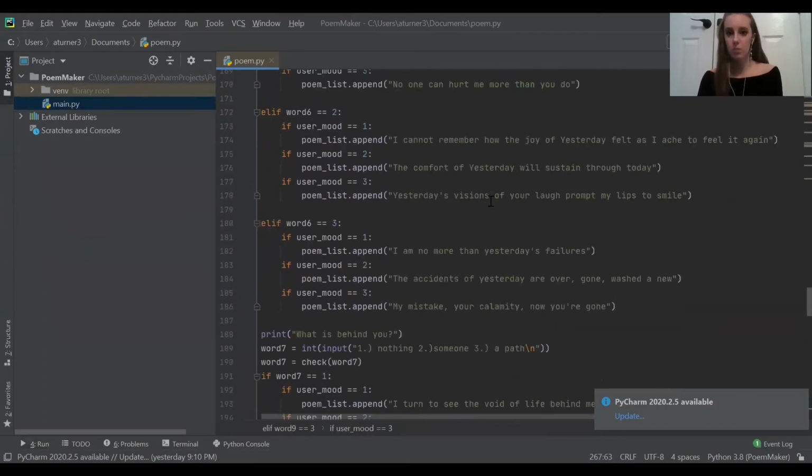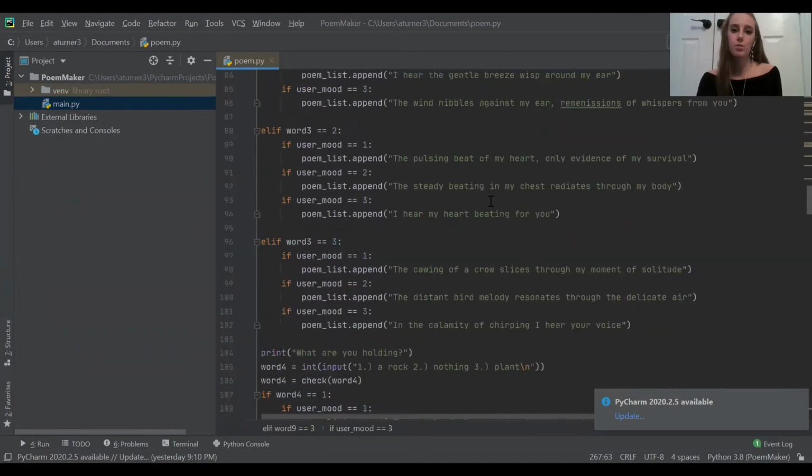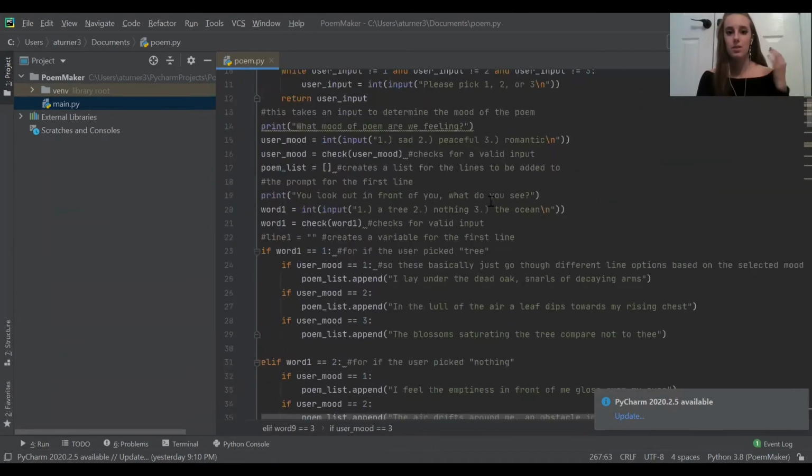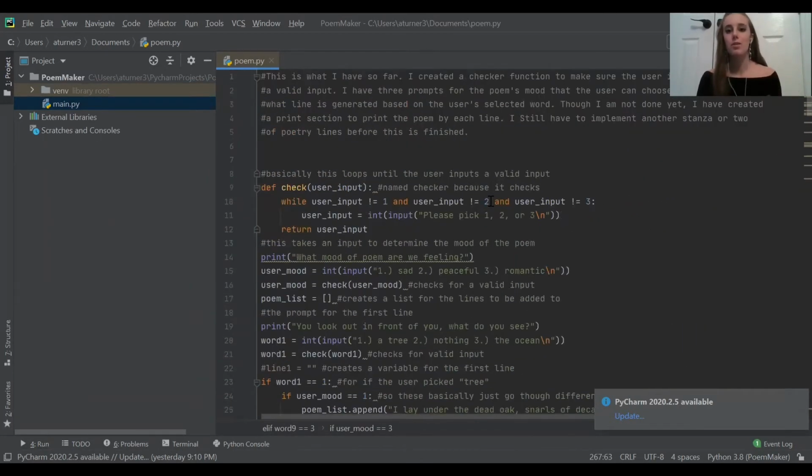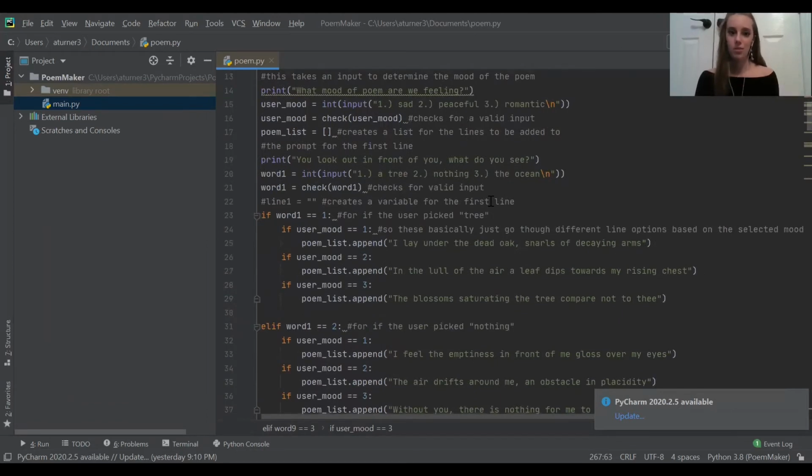I think the biggest challenge that I faced while making this is it's been a lot of typing and a lot of writing and a lot of having to think of creative things. And anytime that there's a line of code, I had to think of 3 possible words for the user to come up with.